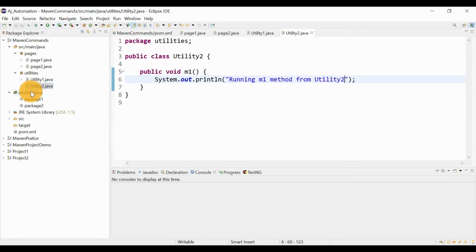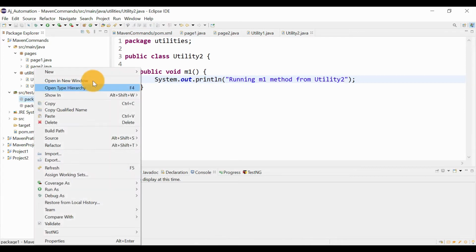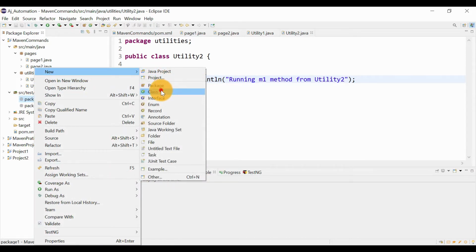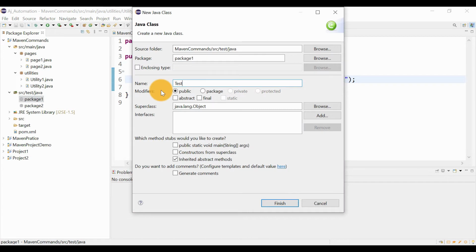Let us quickly add some test cases here. In package 1 we will add two test cases. Let's say test case 1.